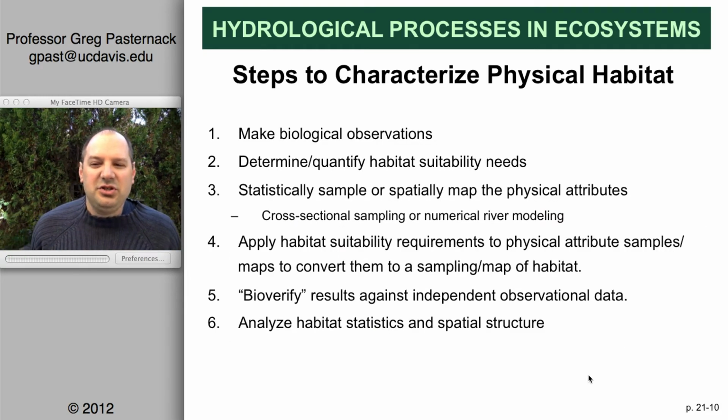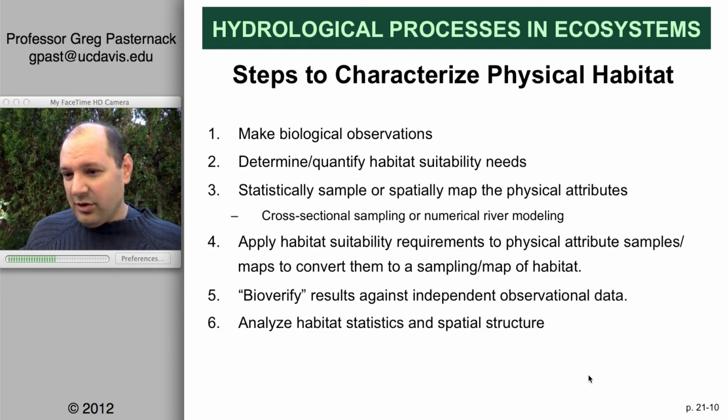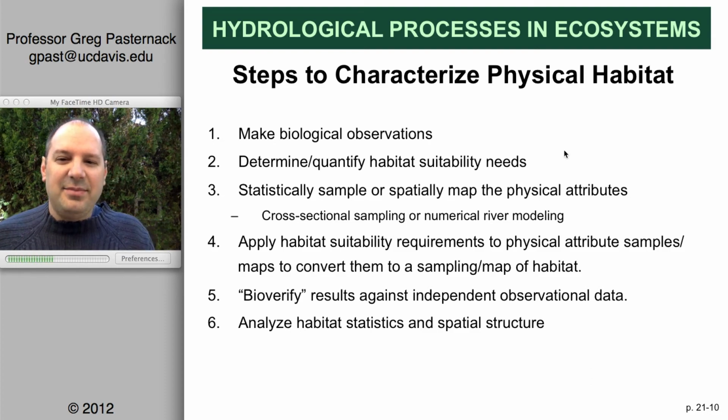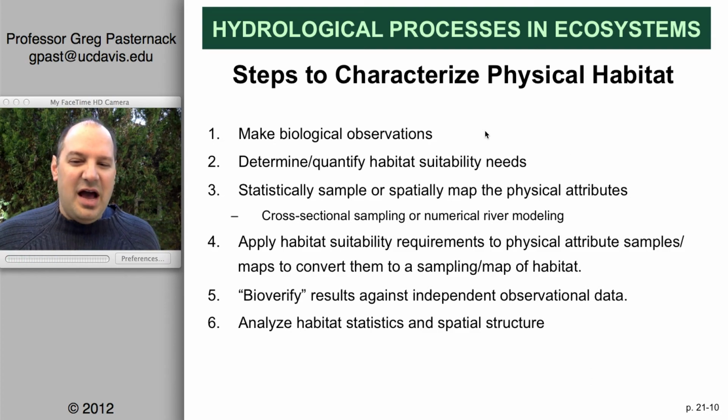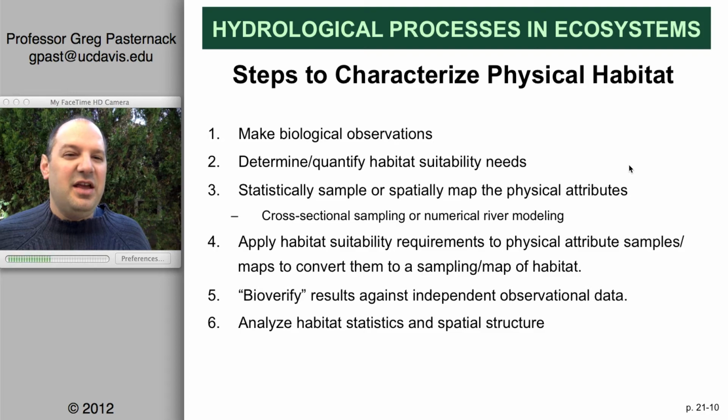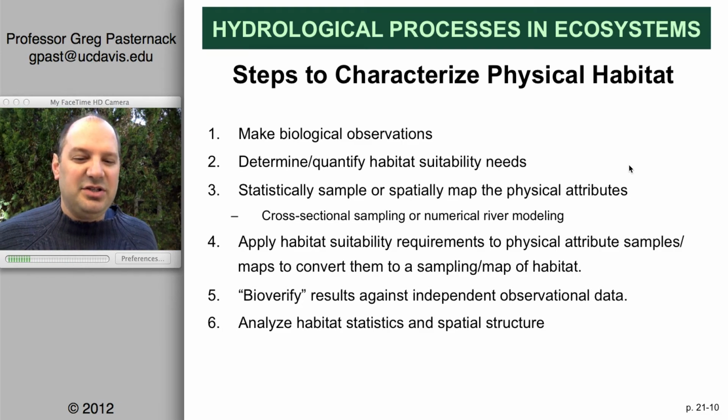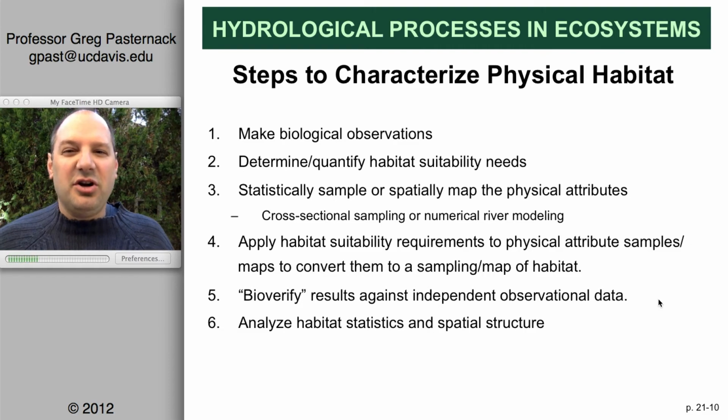Okay, so once you have those curves, how do you figure out what the physical habitat is in any particular river that you want to look at? Here are the steps. I think you can read through those, and I think that will make a lot of sense. So let me just highlight some of the things we need to do. We need to know what the organisms want. We need to then characterize the availability of the physical conditions in the river, and then we have to do a test, like get some observations and see whether our spatial predictions are matched by observational data in our particular river. So I'll walk you through these steps, and things are going to start to get a little bit more